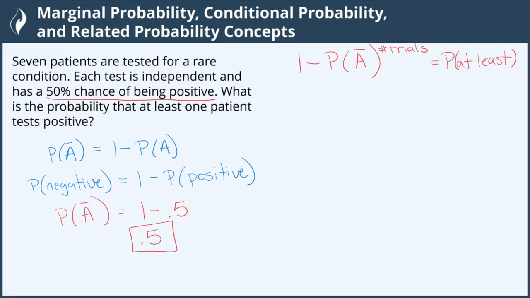Now let's go ahead and put that into our equation for at least. 1 minus the A bar, or the complement, which is 0.5, and the number of trials. In this case, we have 7 patients, so there are 7 different opportunities or trials for this to occur. So we'll raise this to the 7th power. 1 minus 0.5 raised to the 7th power in our calculator is